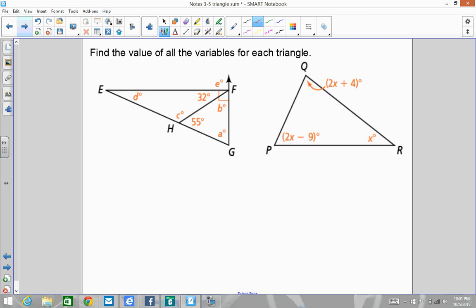All right, as we go to a few more problems here, excuse me, you might want to pause the video and work on finding the letters A, B, C, D, E, and finding their values. And over here, we just want you to find the value for x. So pause the video, work on those. Okay, so now that you have that done,